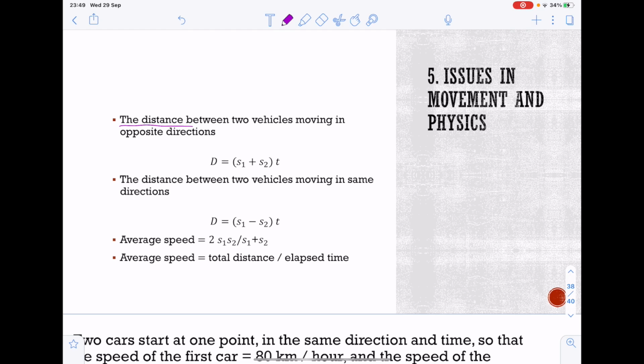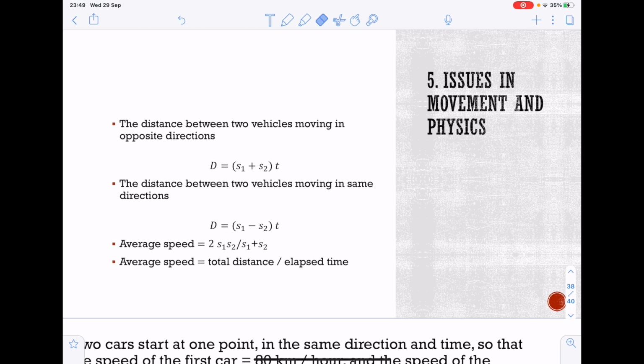The first one is to find the distance between two vehicles if they are moving in different or opposite directions. Let's see, for example, I have vehicle A